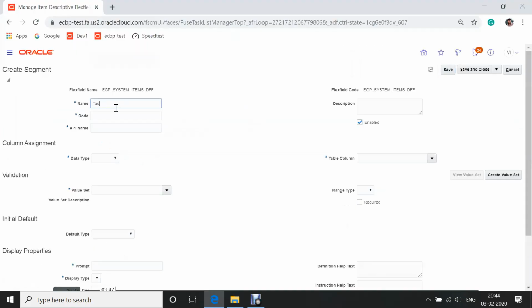Now let me create a field called tax percentage for that particular item. I just want to create this field, tax percentage, and then the code and the API name will be auto-generated. You don't have to enter it, just give a tab. So the code name and the API name will be auto-generated. This API name is used basically when you call the REST API from any other application to get the